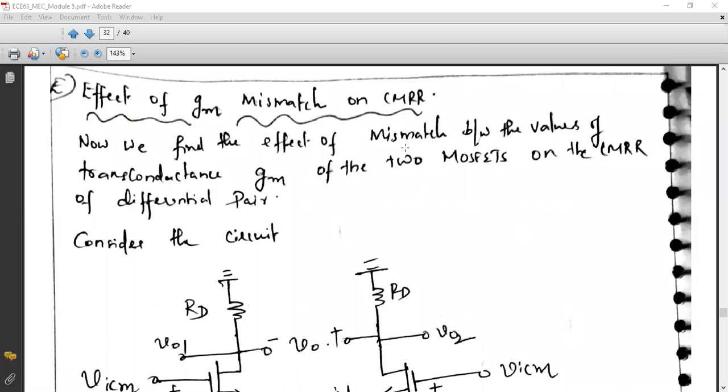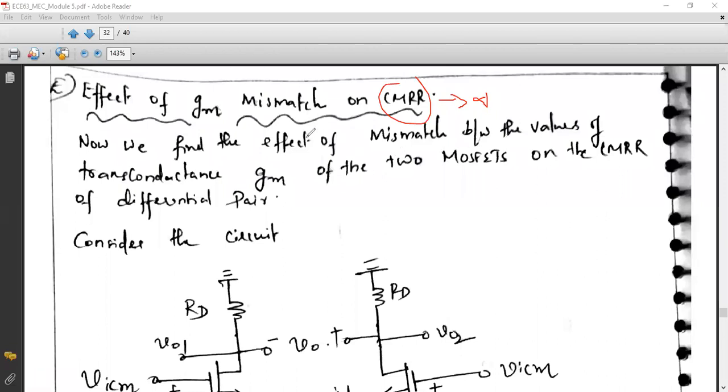So in yesterday's class, we discussed the mismatch of drain resistance and the effect of that mismatch on CMRR. I told you there is one more parameter whose mismatch is also going to affect our CMRR. Ideally, the CMRR will be infinity for a differential amplifier, provided it is working in a double-ended mode. Ideal in the sense that the two devices are matched in terms of the drain resistance and